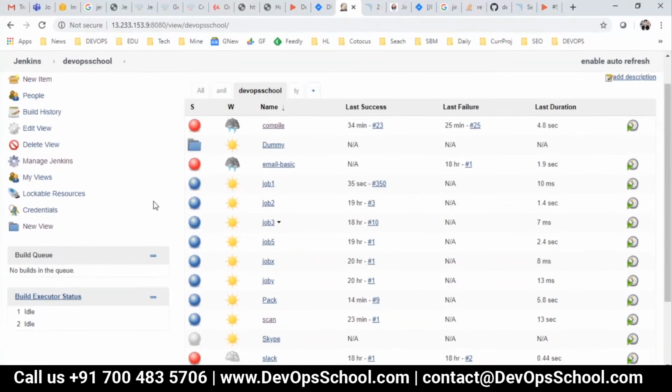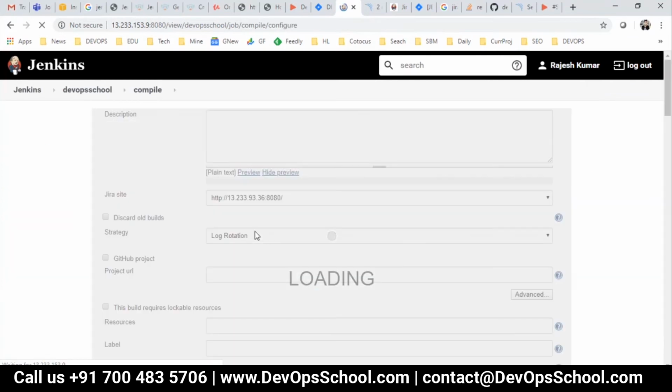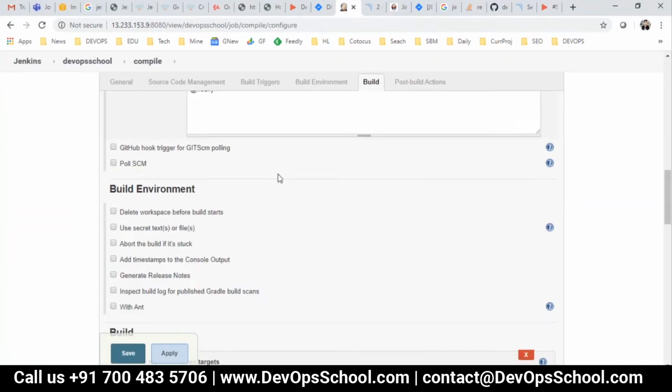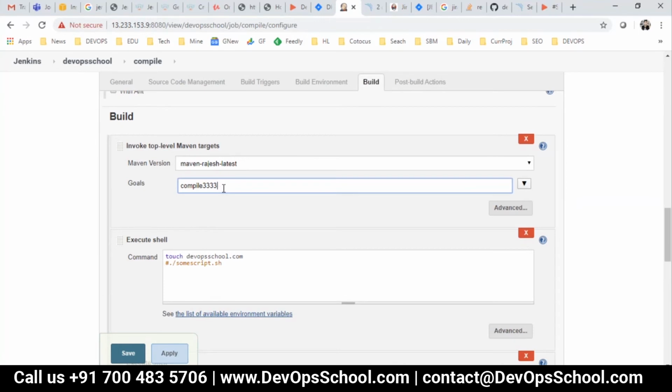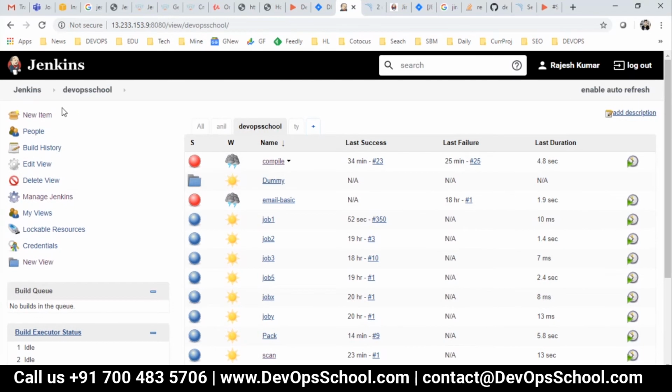Now I have one job, compile, which was failing for a long time because of Jira, but I'll make it work. And here, oh, I have one more job, package, already, so I can use that one. Package. Let me create a new one.